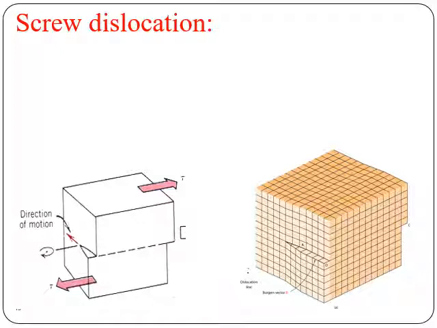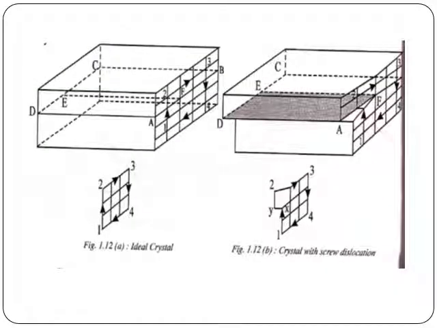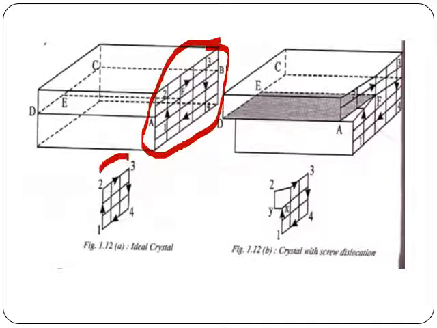Here we are not talking about one plane; it is a part of the crystal. The atoms move by a fraction, not by one interatomic distance. This is with the shear force, and it is always parallel to the dislocation line. Now if you consider this plane of atoms and draw a Burgers vector, we get this. You can see 1 2 3, 1 2 3, 1 2 3 and 1 2 3, so all the sides are equal.